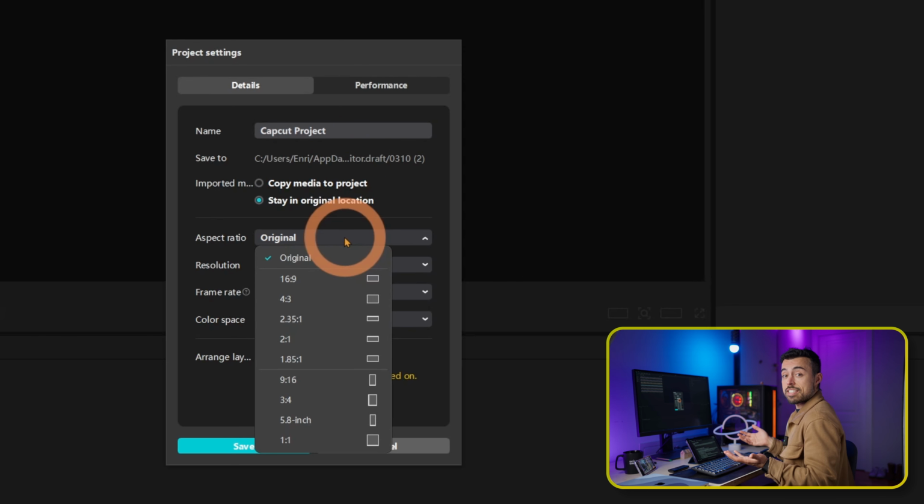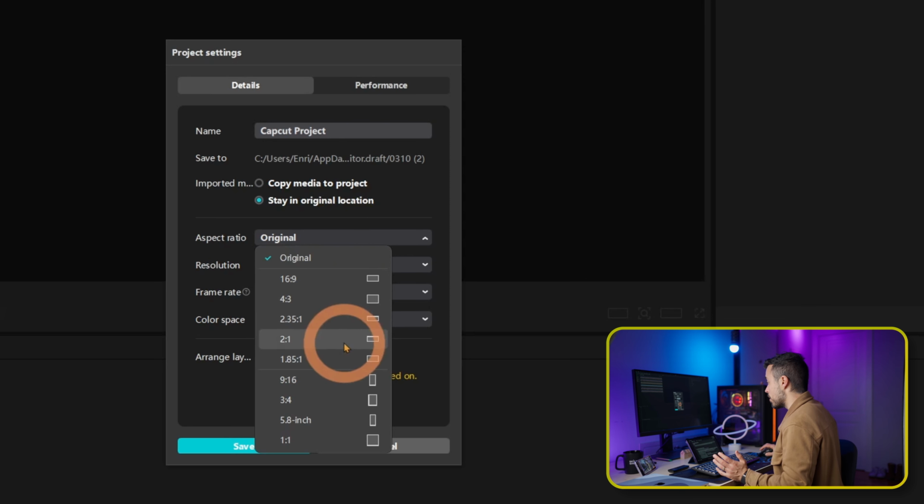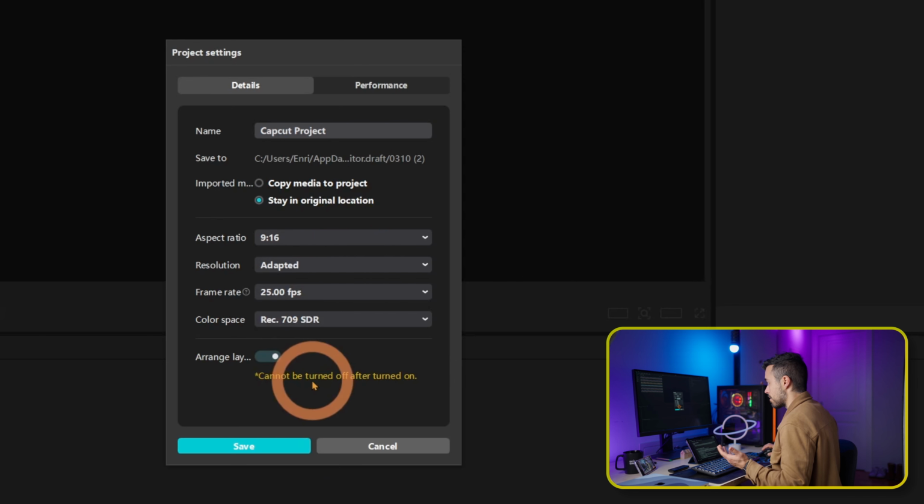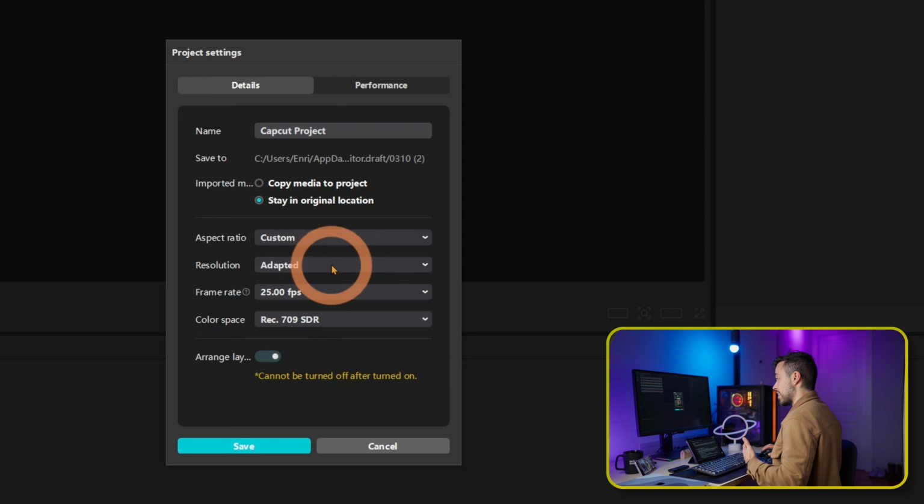And here's where you're gonna decide where this video is going. If it's gonna be on YouTube, then probably you wanna choose something like 16:9. Or if it's gonna go to social media, down here you have all the vertical options, which you could choose, for example, 9:16. On resolution, you can choose adapted, which is already gonna figure it out by the files that you have,